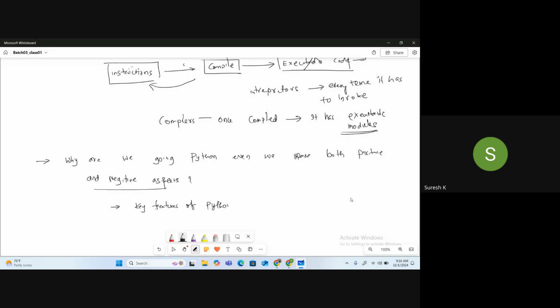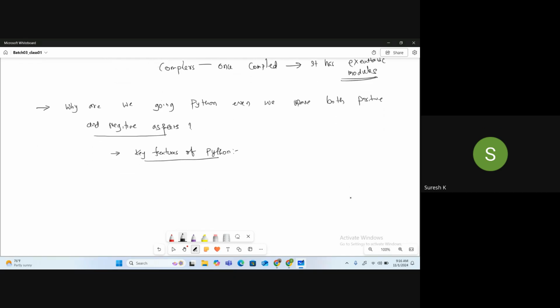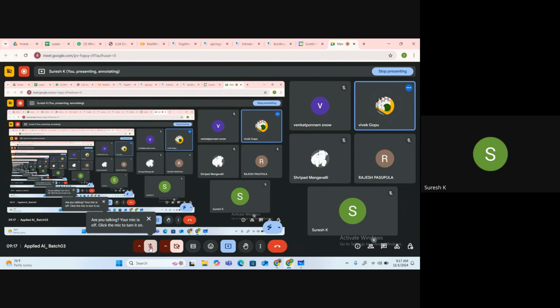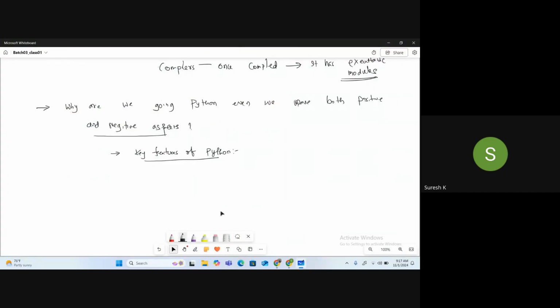Key features of Python. One is simple and readable.